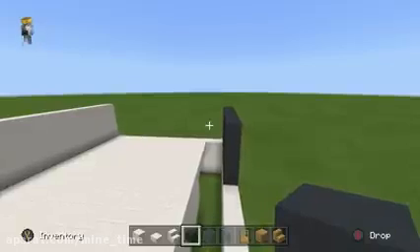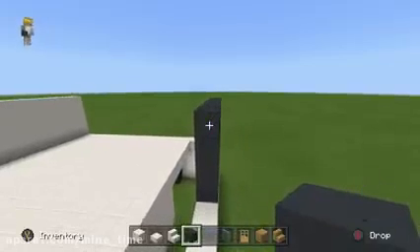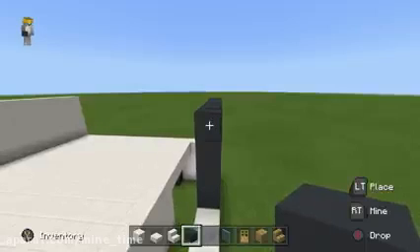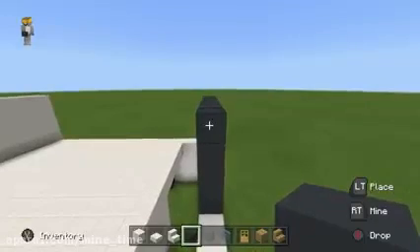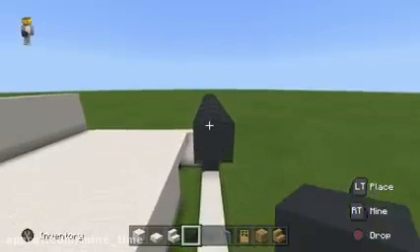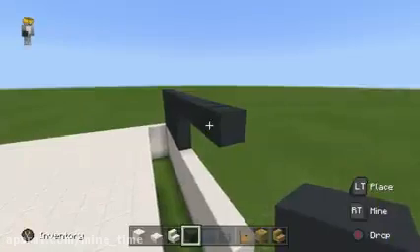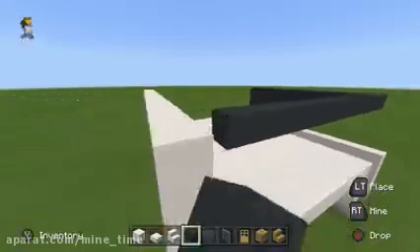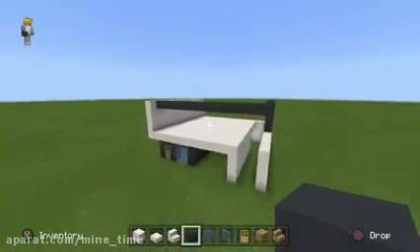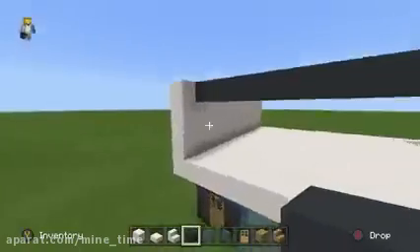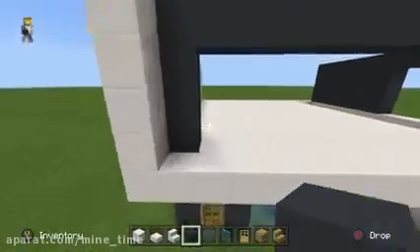I then want you to take the top of the row of 6, the top grey concrete that we just placed on the front, and I want you to extend it forwards by a further 6. So 1, 2, 3, 4, 5, 6. What we can then do is we can take that block and extend it all the way over to the left, and it should join rather nicely to the front of the build. Once it joins on the left, I want you to extend it down to the platform,